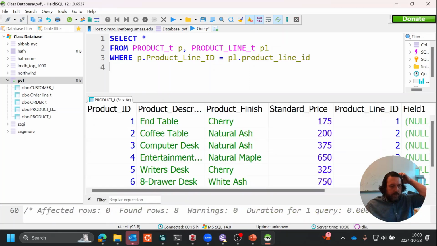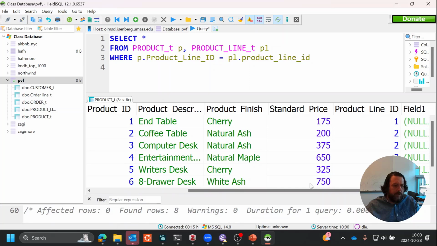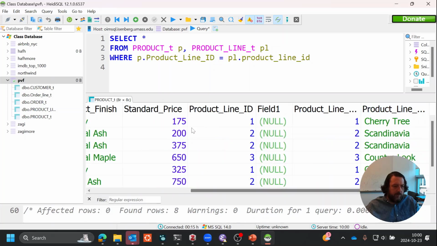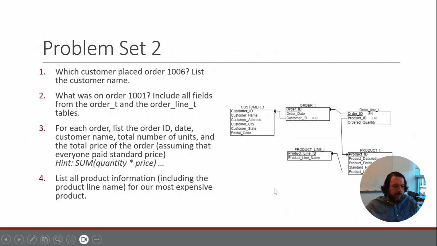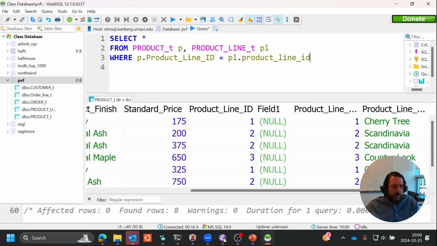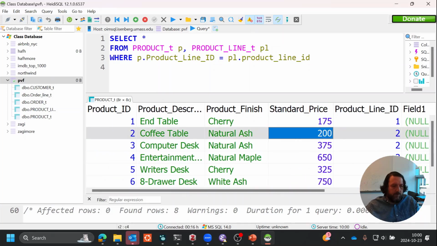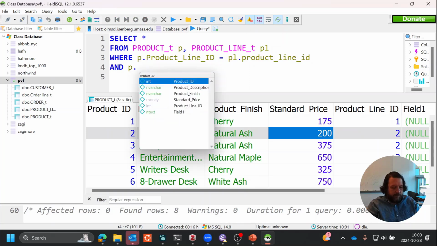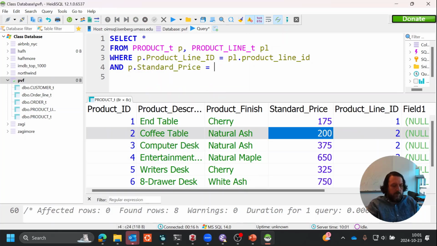So I can run this real quick, and I can see that I have my 8 products, and they all have their product lines as well, as well as this field 1 that I'm not sure why it's there. But we're only interested in our most expensive product. And so here I have this standard price. And so I'm going to add another line, and P.standard price equals, and then